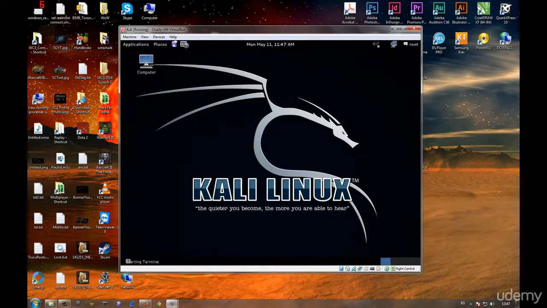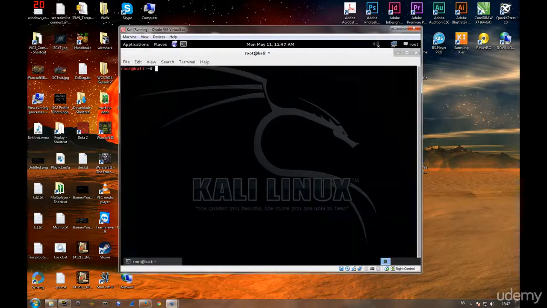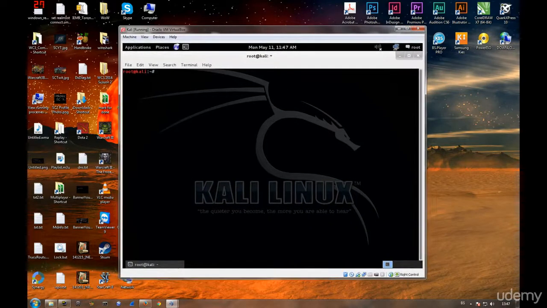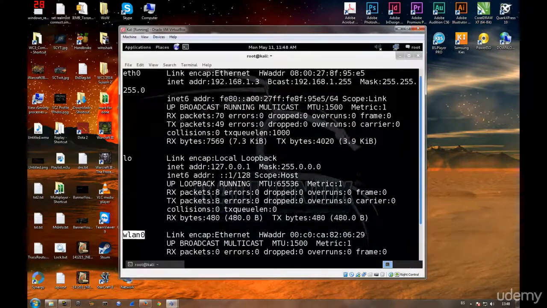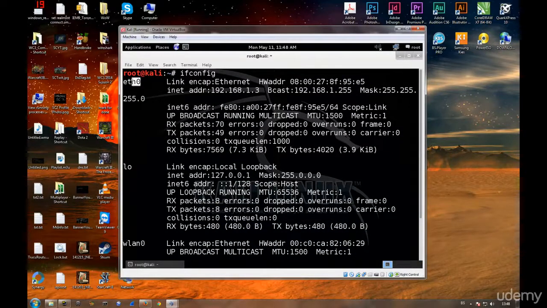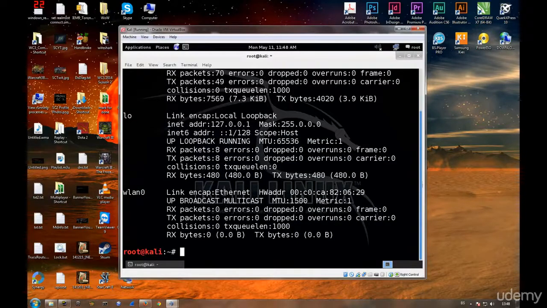If I go ahead and click on the terminal as we did before, I'm just going to magnify it. I don't have the extensions here, so I don't have the full screen, but if I do this, I believe this is sufficient for this additional tutorial. You can actually see clearly what is going on. If I type in ifconfig, I believe that you can all read this text, no problems. If you can't, let me know. You see that I have the wlan0 adapter here. That is my wireless adapter. If I scroll upwards, I can see that I also have eth0, which is my wired network adapter, which is currently in bridged mode with my Kali